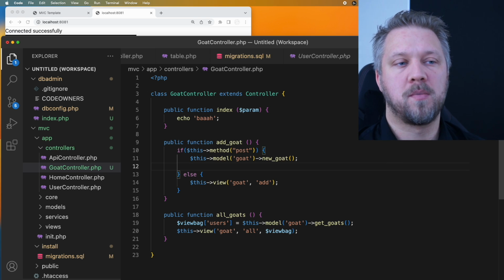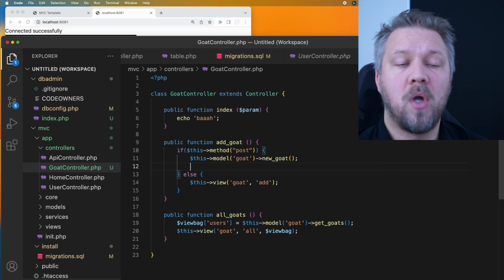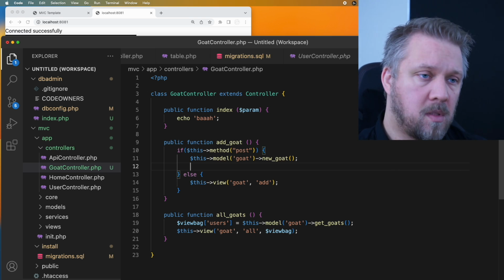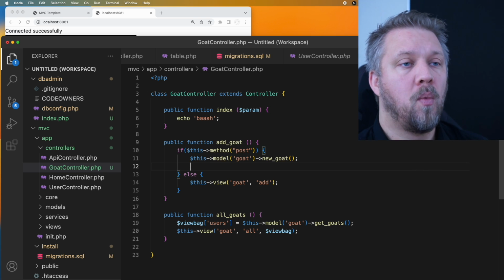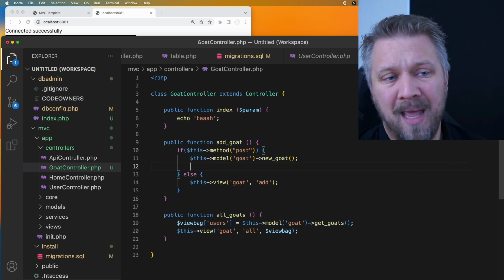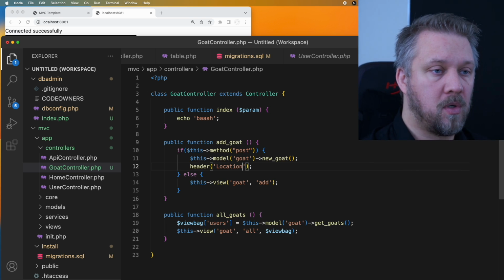Remember, this is a post method, so it's not idempotent. That means if someone posts a new goat and then hits refresh, they're going to post the same goat again. We don't want that. We want to make sure that every goat is new. We can't just add unique to it, because we might have multiple goats with the same name. So let's just put a header in here and use location